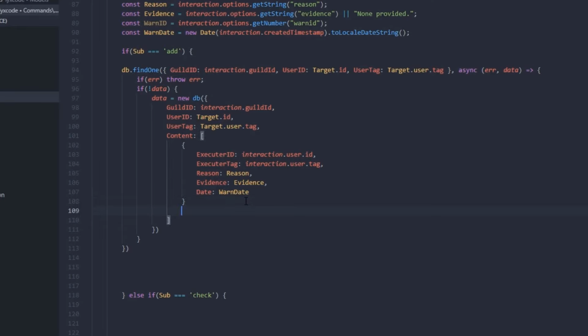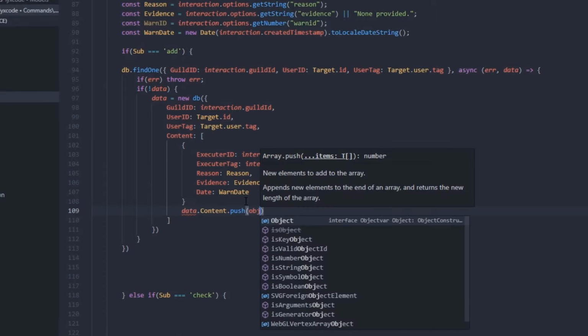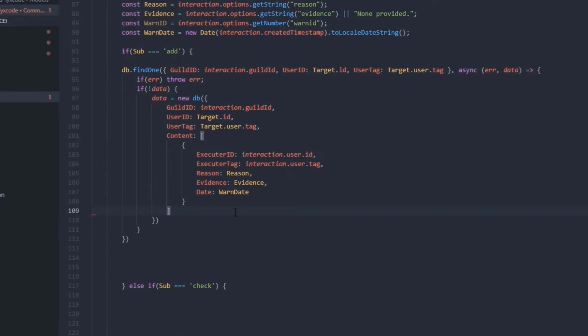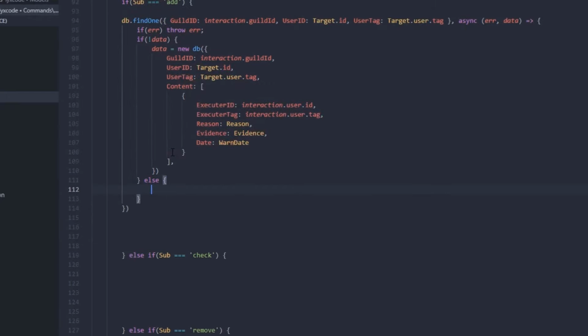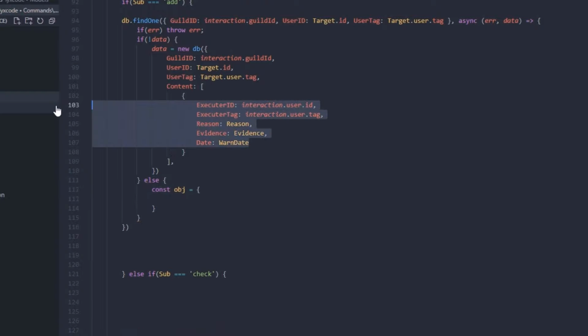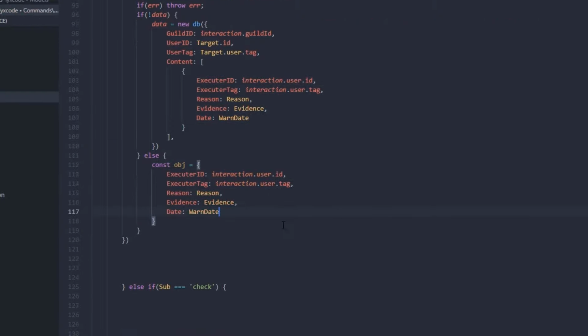All right, now we're gonna data.content.push. We're gonna push the, or no, we're not gonna push the object because we didn't create the object yet. So we're gonna put a comma at the end of this array, and here we're gonna check else. So if we found data, we're just gonna add it. So we're gonna create a new object. So const obj inside, and we can copy all of this, to be honest with you. I'll type it over here, and here we can push the data